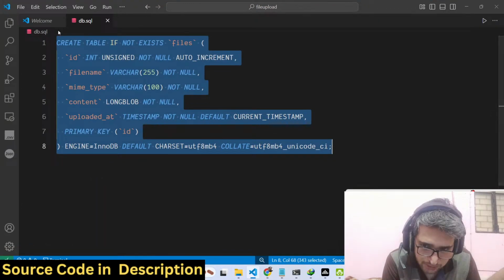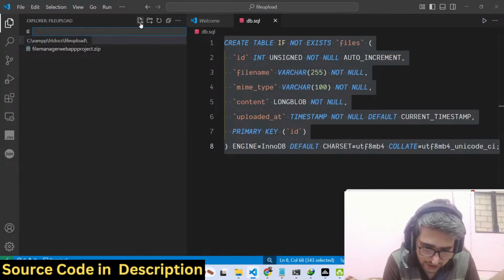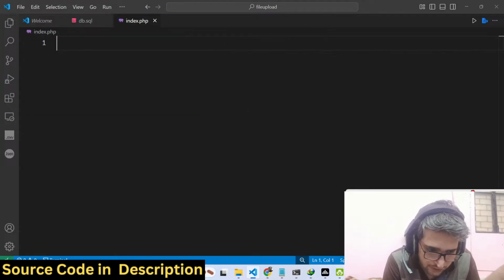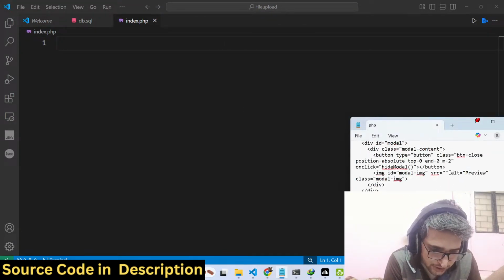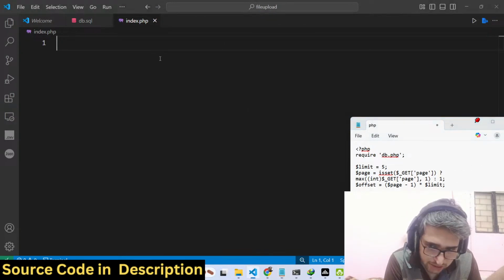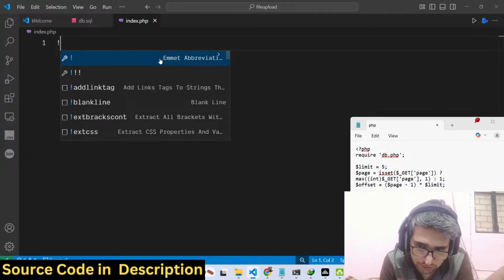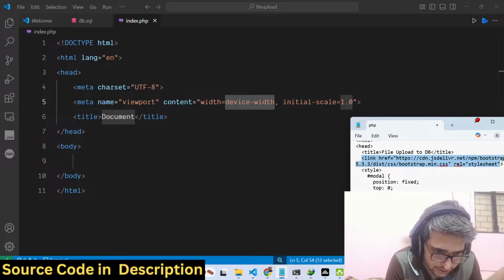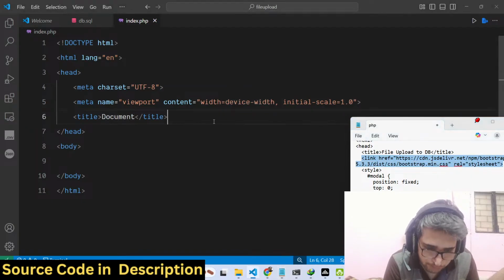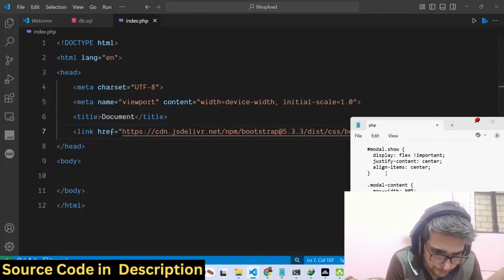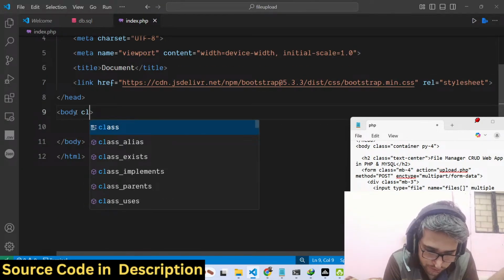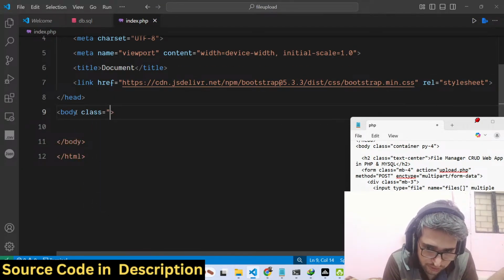Now we start building the actual application. Just define your basic file here, index.php, which will be the home page of the application. Right here we are using some Bootstrap as well for styling purposes. So we will simply have, first of all, our HTML file. Here you just need to include the CDN of Bootstrap. Simply include this, and right inside we will give it the Bootstrap container class,